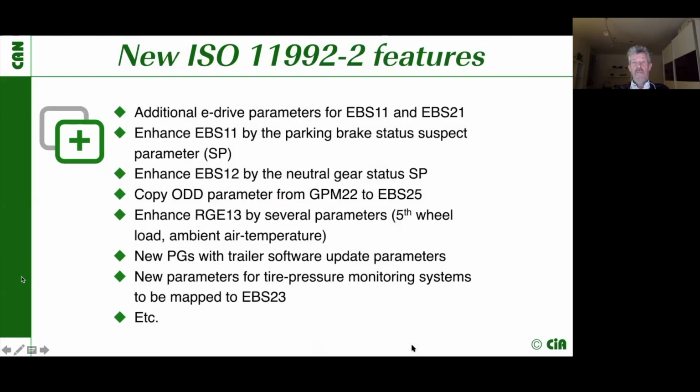For the document which is at the moment under review, there are additional parameters specified. One of the parameters is in the parameter groups EBS 11 and EBS 21. This is for eDrive applications. We have new parameters necessary, and they will be released with the next edition. We also have enhanced the parking brake status suspect parameter. There's also an enhancement in the EBS 12 parameter group for neutral gear status. We have some copies of parameters into the GPM 22 and so on. You see it here, and enhanced for European regulation number 13. They require different parameters, for example the fifth wheel load and ambient air temperature, and this will be also provided then in the appropriate